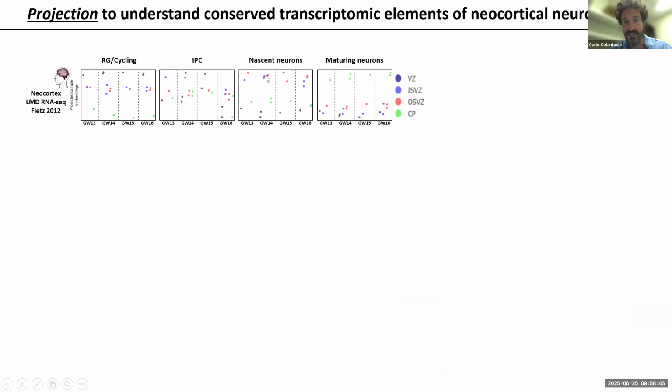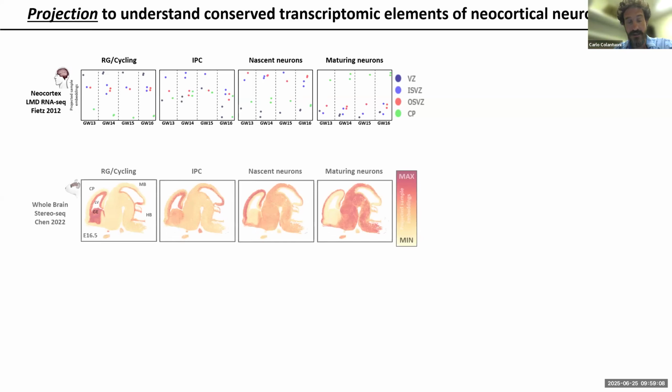The newborn neuron signature is actually still in the subventricular zone. These neurons haven't even moved yet. And then by the time they get to the cortical plate, they're expressing this mature signature, and that nascent signature here is not even in the cortical plate yet. So here we can add a spatial perspective to the signatures we got from single cell data that had no